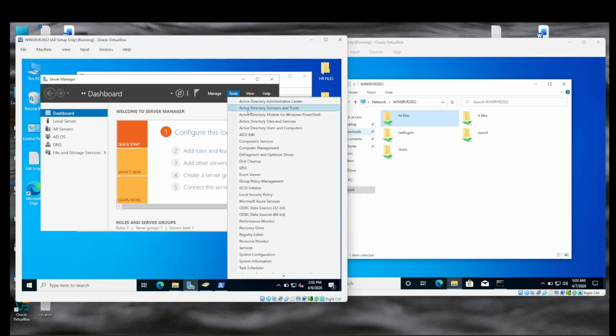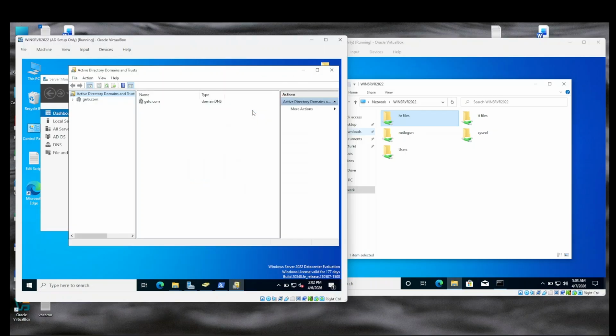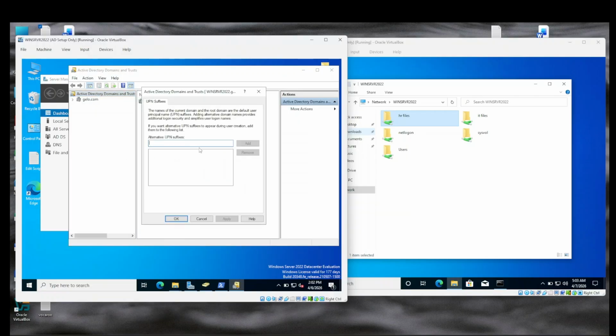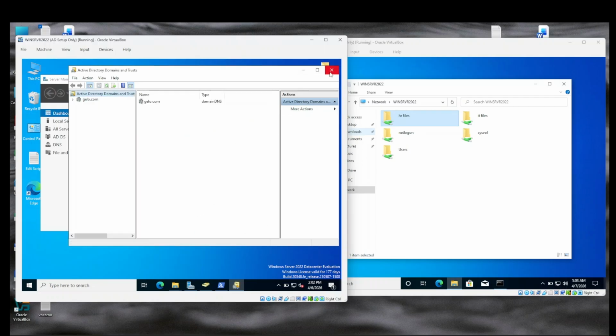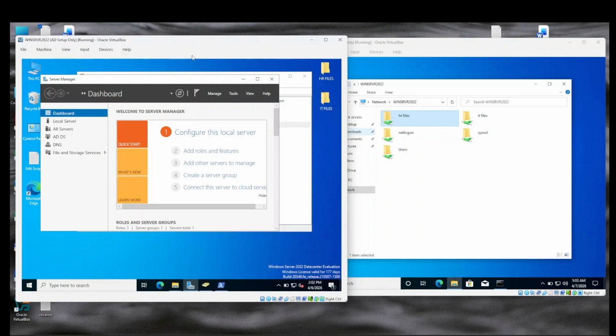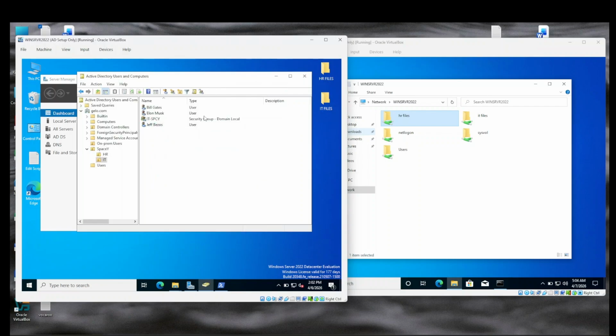For example, let's go here into Active Directory Domains and Trusts. Then the root folder. Let's go to properties, and here we're going to add jellosec.com. Add, apply. Okay. Now that we added it, we're going to test it.